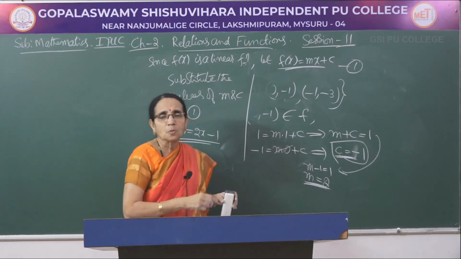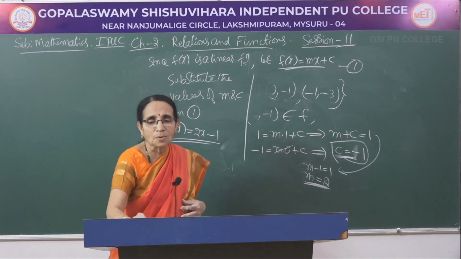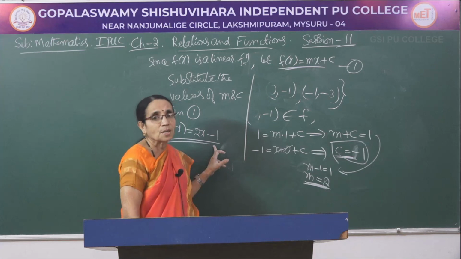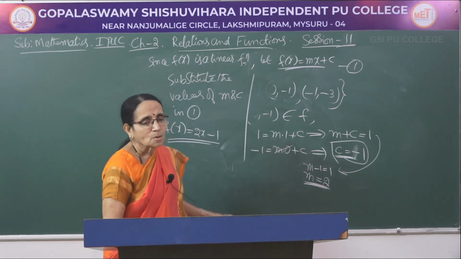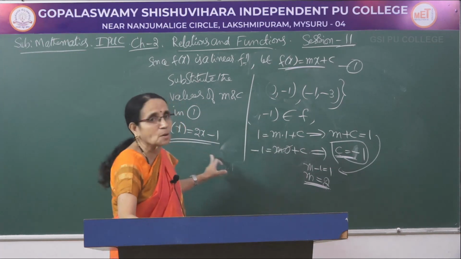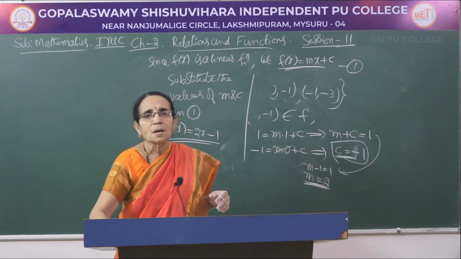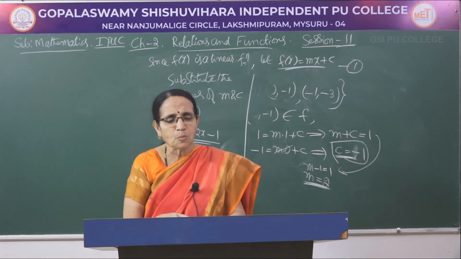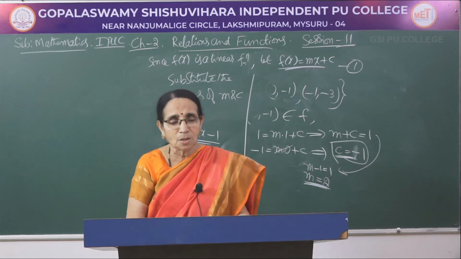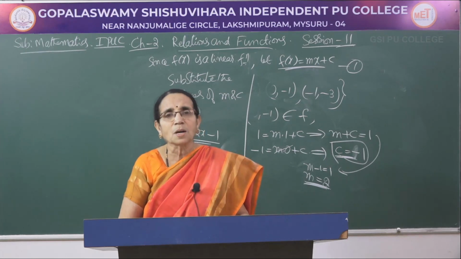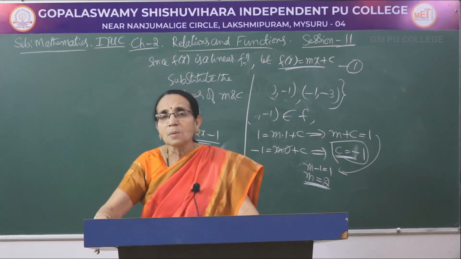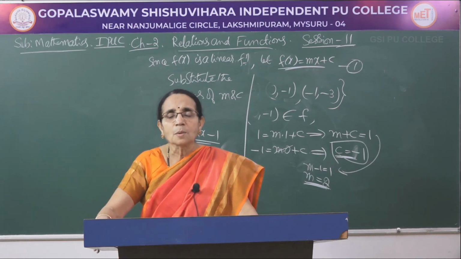So, the function in this problem is given in terms of the ordered pairs. We have to get it in this particular form. The definition has to be calculated. In all the earlier problems, the definition was given, and we calculated either the domain or the range. So, this is a rare type of problem that has been asked in the examination. By chance it is asked now, it can be expected for either 2 or 3 mark questions. In the coming sessions, I will be teaching you some special types of functions. Thank you.